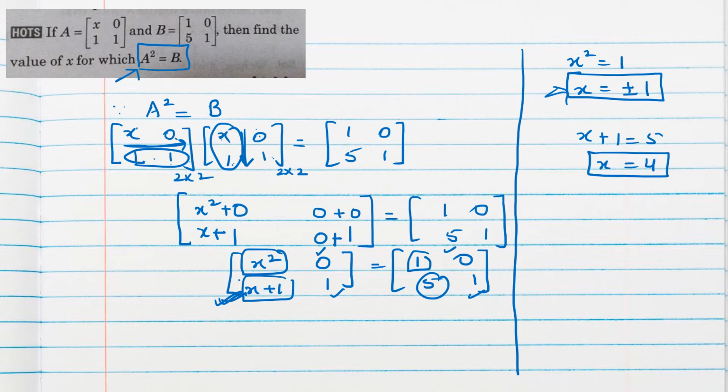If you substitute x equal to minus 1, we will get 1, but again here we will get 0, not 5. So x equal to minus 1 is not possible. And if you substitute x as 4 in place of 1, you will be getting 16. That means we can write that the x value does not exist in this case when A square equal to B, because we are not getting any correct value. Understood this much? Yes, ma'am.